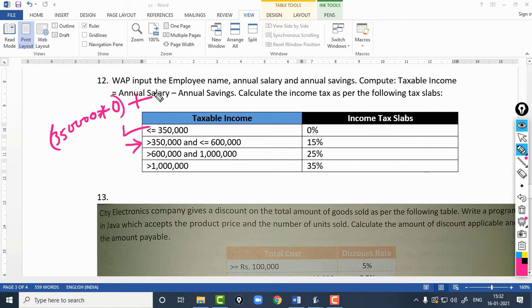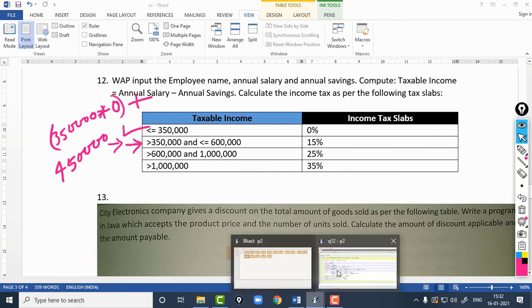Now in the current amount, if the control is in the second if, that means the value of taxable income will be greater than 3,50,000. Now let us assume that the value is 4,50,000.